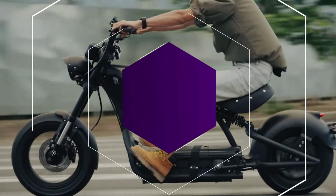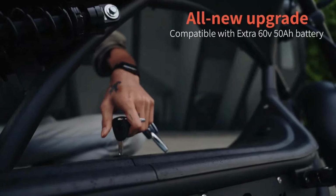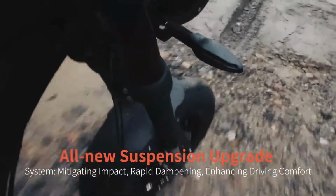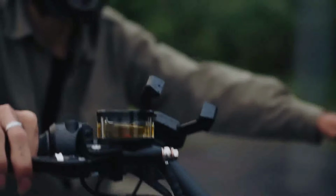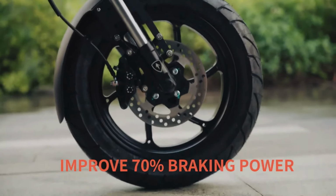Think electric scooters are boring? Think again. This is the Ahora M1P Pro, part bike, part beast. With a bold chopper design, this e-scooter turns heads before it even starts moving. Powered by a 2000W motor, it hits up to 37 miles per hour and cruises over 40 miles on a